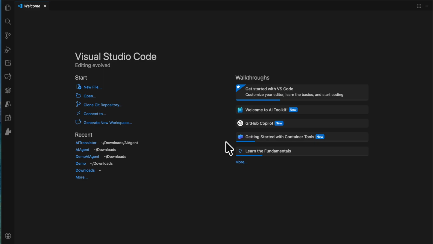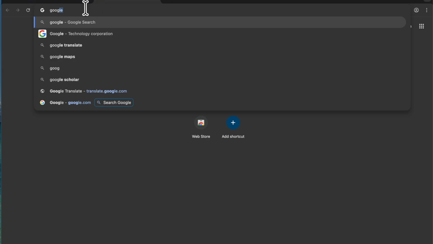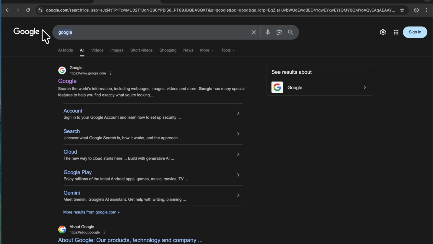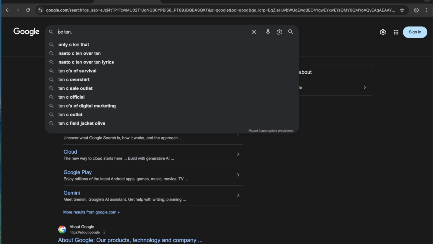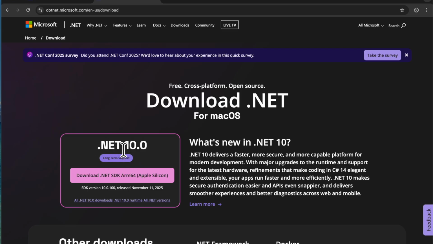Now to do this we need to install at least .NET Core 9 to work for the chatbot agent. So the first step, we will install .NET Core. It's a simple step. We will go to Google and just search for .NET Core download. So the first link you can go, and you see .NET 10 is released